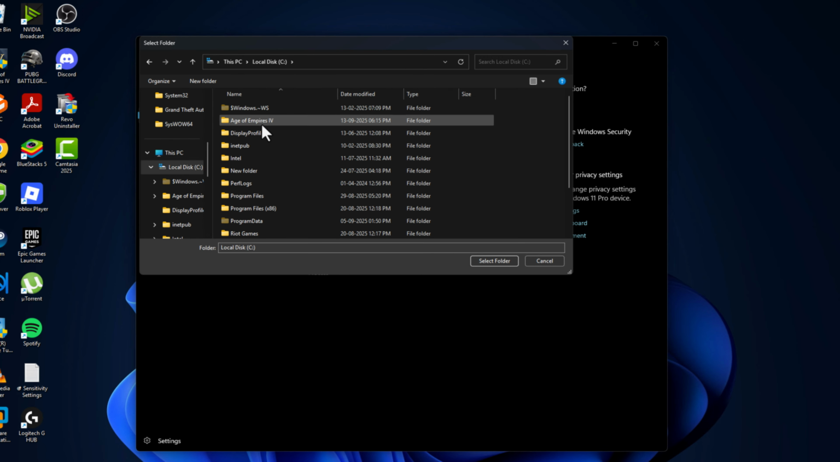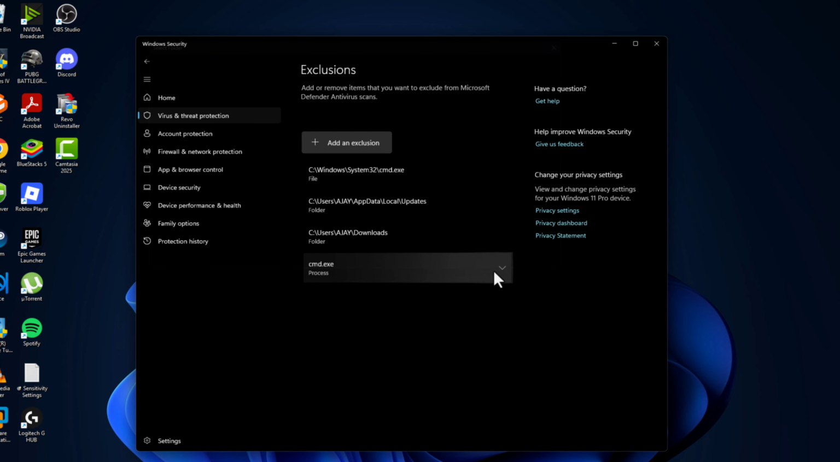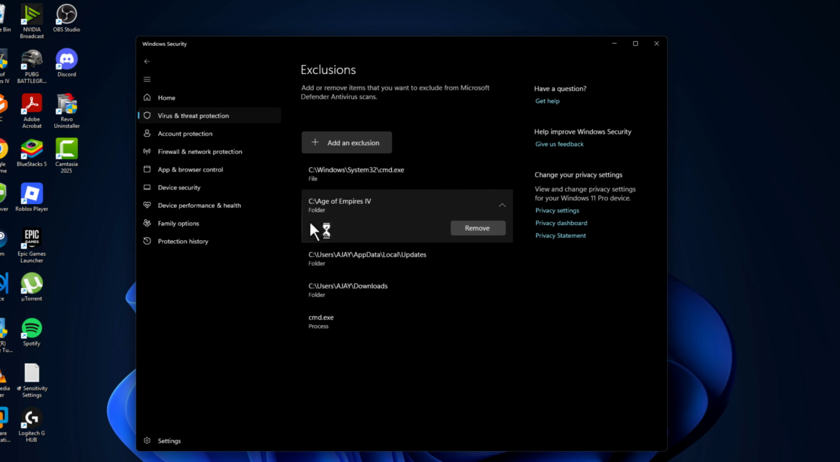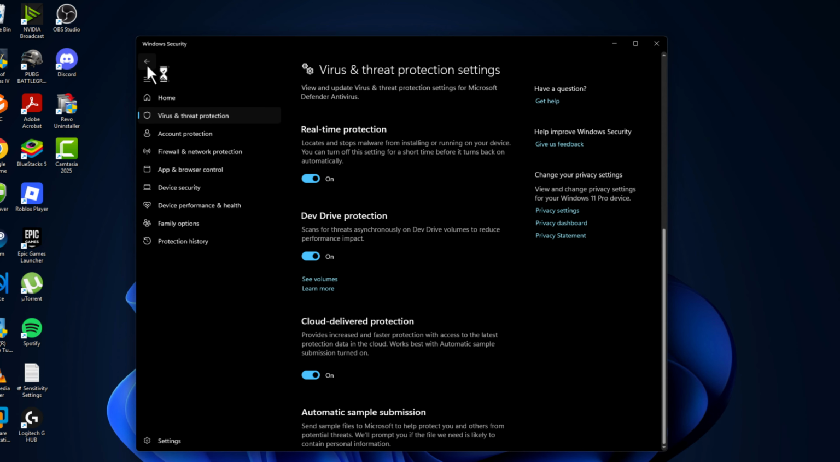I saved it in C drive. Here is the game folder. Select it and select the folder option. And the game has been added to this list. Go back and go back